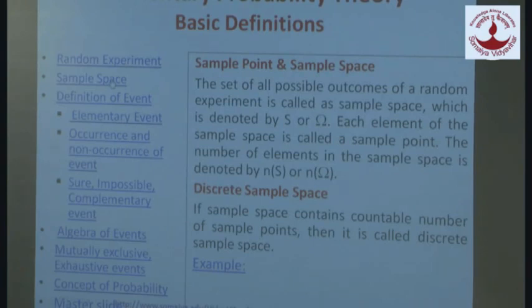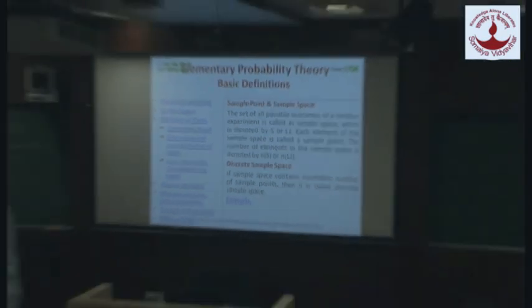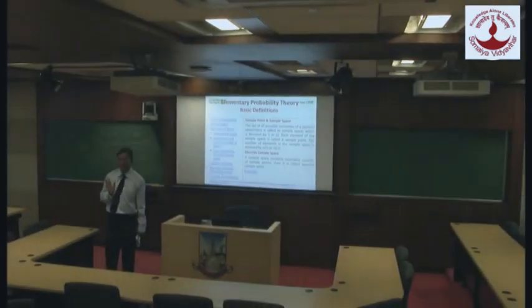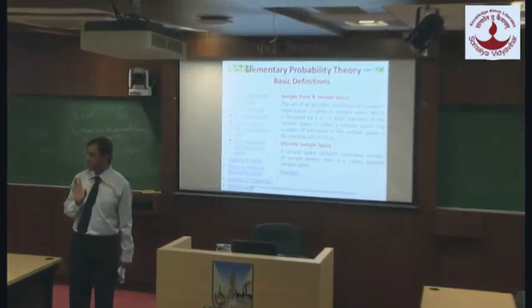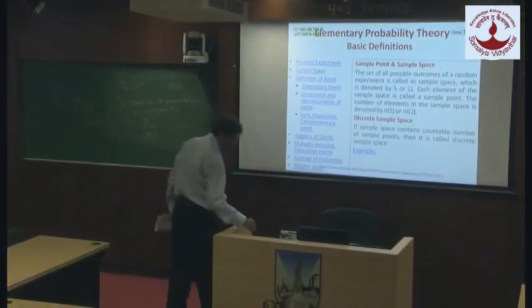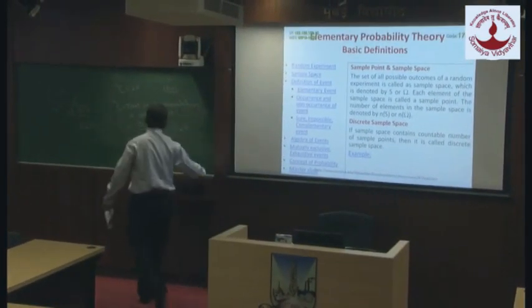Sample space. Now, the set of possible outcomes. After conducting the random experiment, you will get different outcomes. That set of distinct possible outcomes is called a sample space. Simple definition. Is that okay? Since it is a set, it is denoted by S. So for example, if you throw